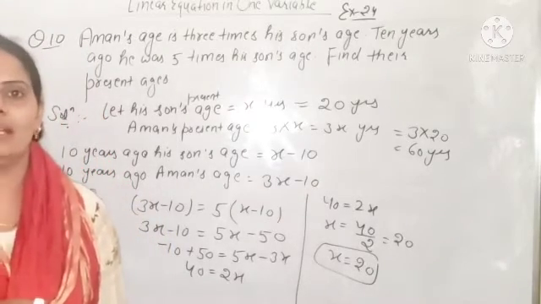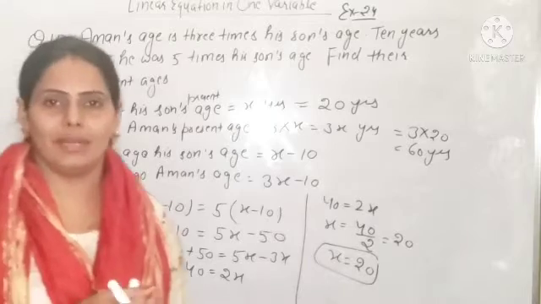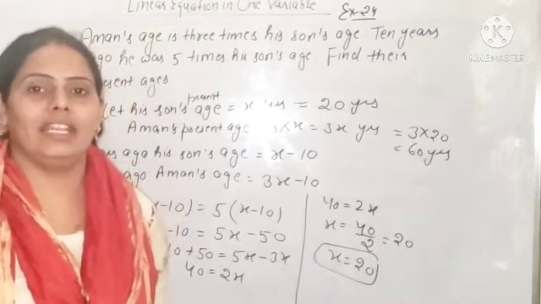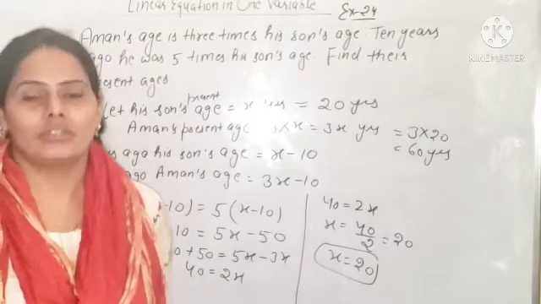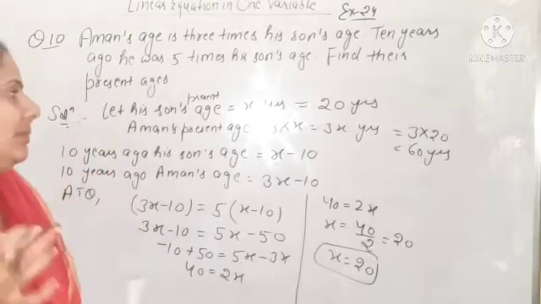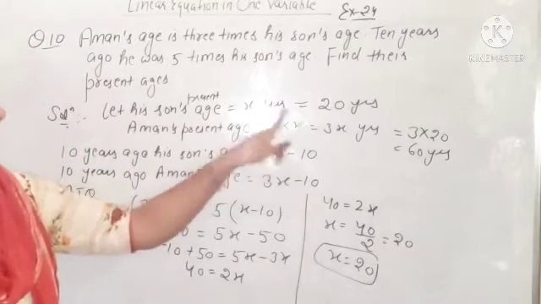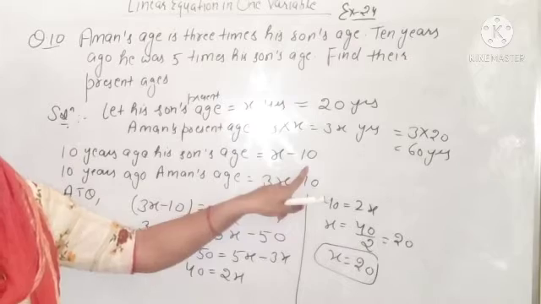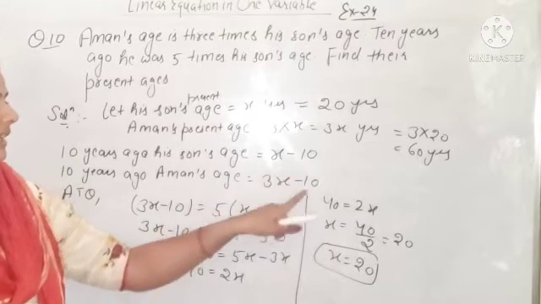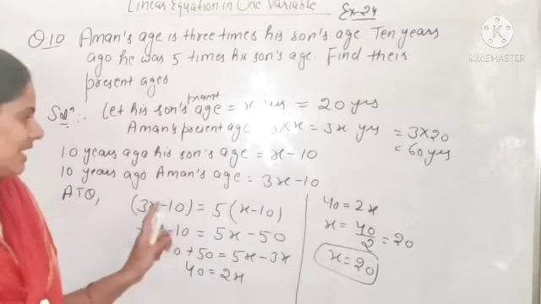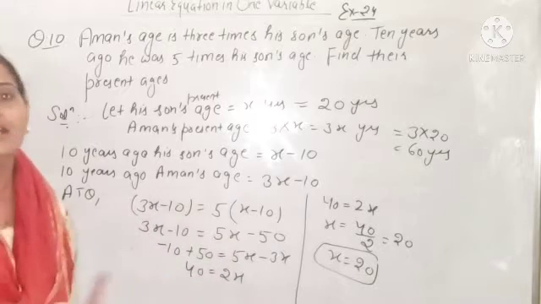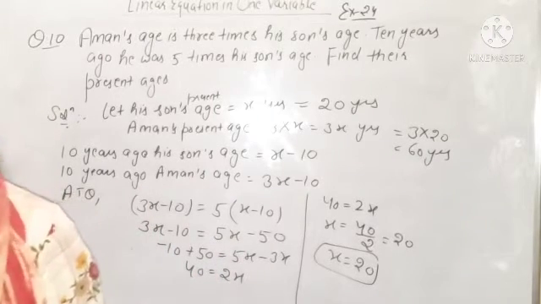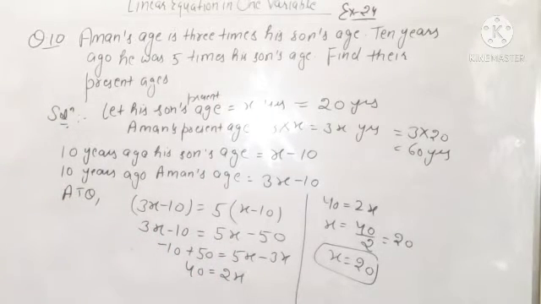So simple, when you are finding the age before 10 years or 10 years ago, it means you will subtract. Okay, because beta, for example, if you are 15 years old, 10 years ago what was your age? It will be 5 years. So 15 minus 10, 5 years. So simple, what is the present age? Subtract 10 from the present age. So the son's age is x minus 10 and Aman's age will be 3x minus 10. Now after that, according to the question, simply you have to find out the value of x and put the value of x in their present ages. Is it clear?